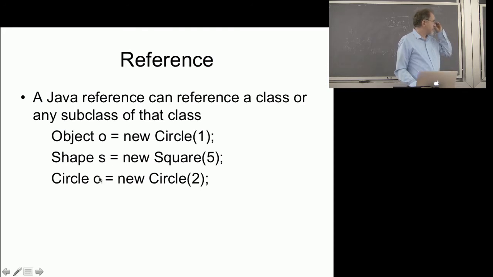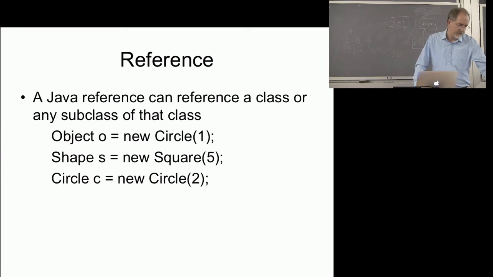If circle inherits from shape, or square inherits from shape, then we can assign a new square to a shape reference. All right, so this is a more general kind of reference, but it can point to the derived classes for it. And in fact, we know that, again, object is sort of the top of all this inheritance chain. It's the most general one. And so an object can also reference a new circle or a new square or whatever you want. So this object reference o can reference a whole bunch of different kinds of types. And that gives us a lot of power